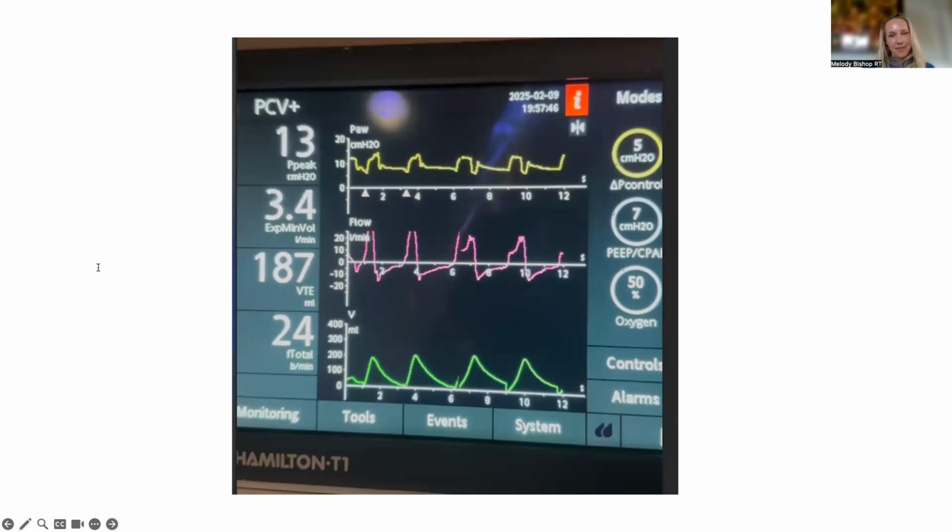So PCV plus, what is that exactly? Presumably it's a pressure mode, obviously, but is that targeting a volume? How does that work exactly? No, this is a full pressure control mode. The Hamilton T1 has added pluses, like CMV plus, to refer to the fact that it's PRVC. I honestly think that in the branding they just didn't want to put pressure control without a plus, and they probably just wanted to look equally cool, so they added a plus. So all of their modes have pluses. It's just normal pressure control. Perfect, all right, pressure control. Got it.